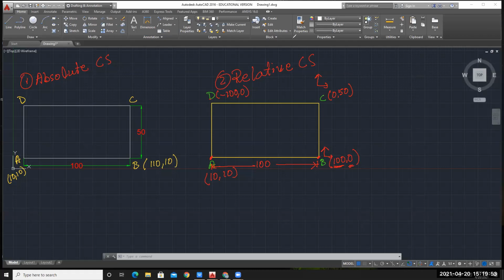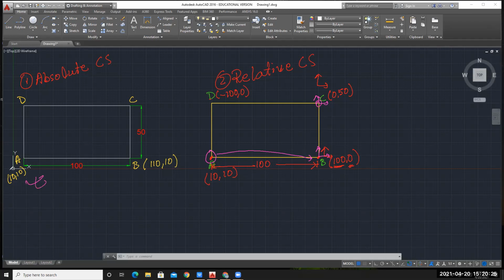And the thing that you have to keep in your mind here, what we are doing, we are giving the coordinate values of any point related to your previous point. Based on A, we are giving the coordinate of B. Based on this B, we are writing the coordinate values for C. Okay, so every time we are changing our coordinate system, every time. Okay, my origin is shifting.